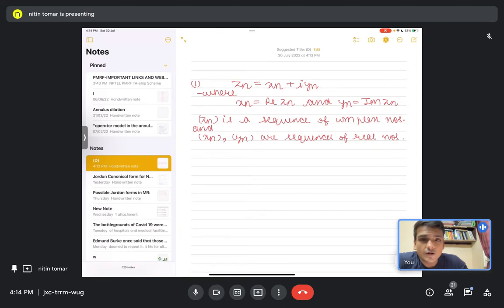When you start with a complex sequence, you are actually dealing with two real sequences. So the question that is being asked in this particular question